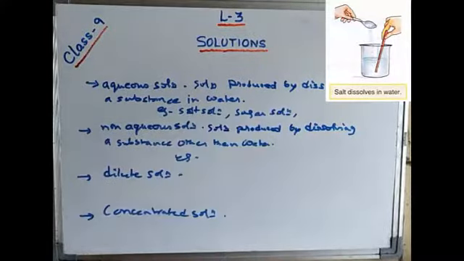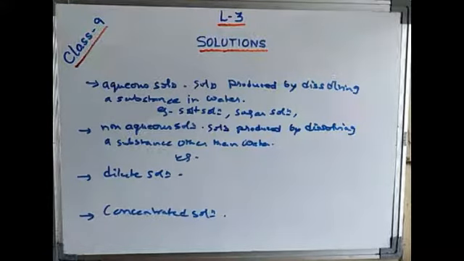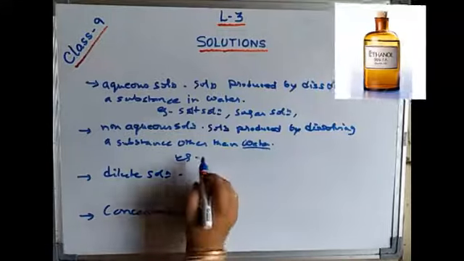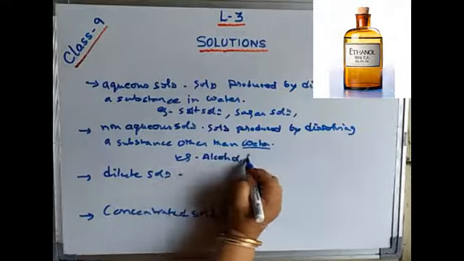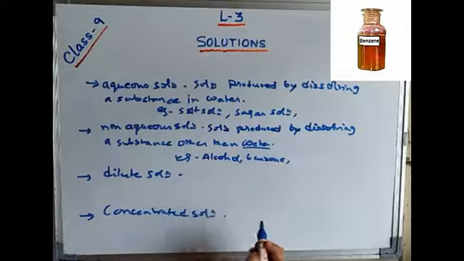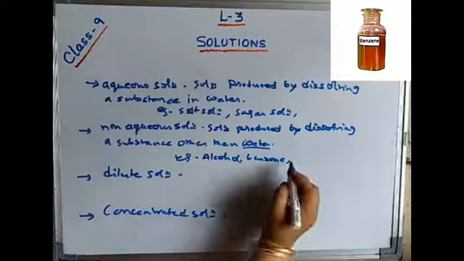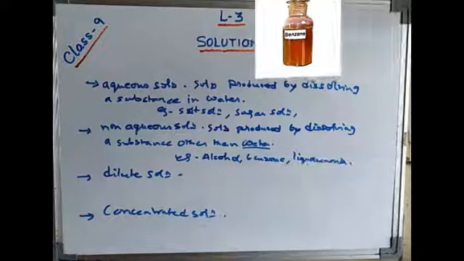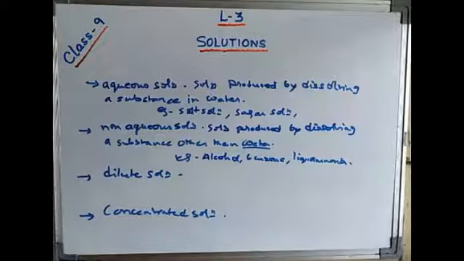Now in a non-aqueous solution the solute gets dissolved, but the solvent is not water. We are not using water as the solvent. So what are we using? Any organic solvent we can use, any alcohol you can use, benzene we can use. These are also solvents but not water. Liquid ammonia we can use. So certain solutes get dissolved in them, like, you know, the example we can take is tincture of iodine.